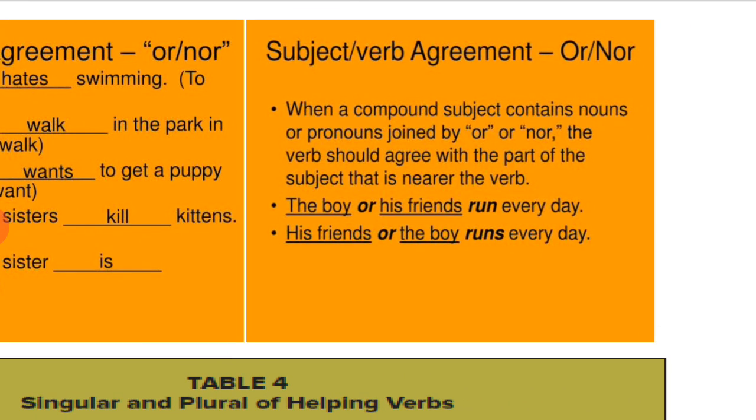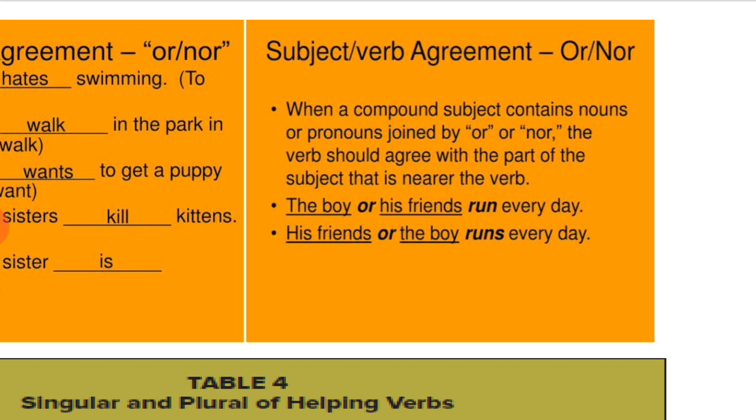Now, similarly, with or and nor, when a compound subject contains nouns or pronouns joined by or or nor, the verb should agree with the part of the subject that is nearer to the verb. Please be mindful of this. The boy or his friends run every day. Okay. Now, let's say here you have to take into account his friends. The boy or his friends run every day. Now this is but natural. We are talking about either the boy